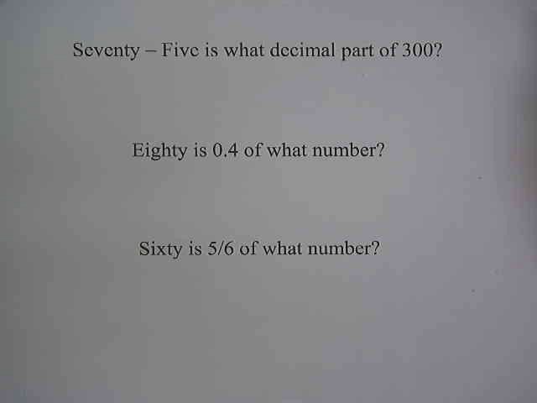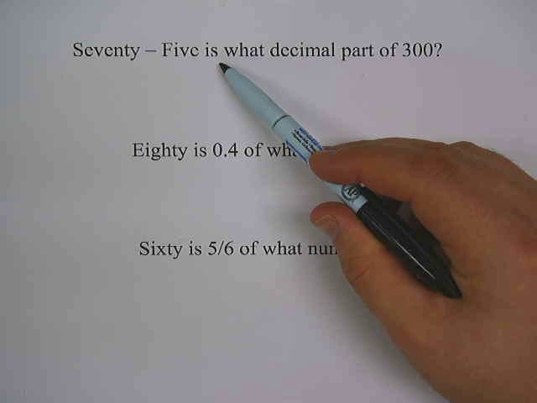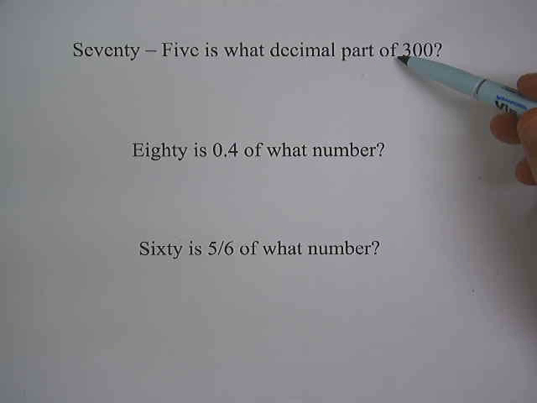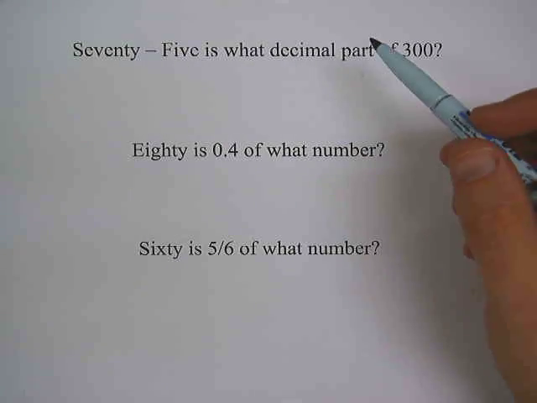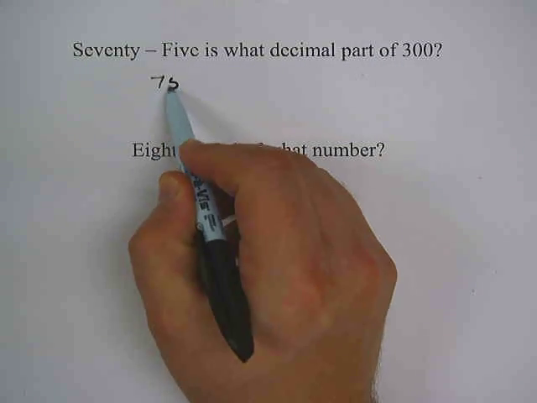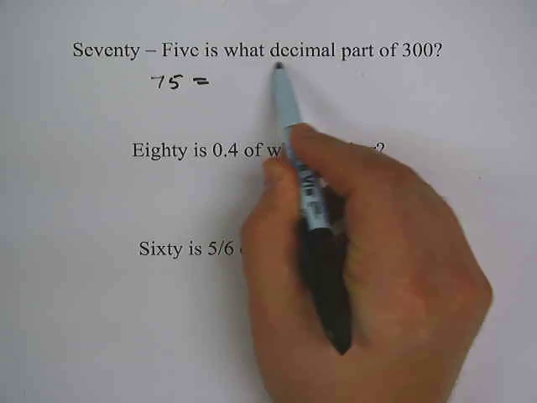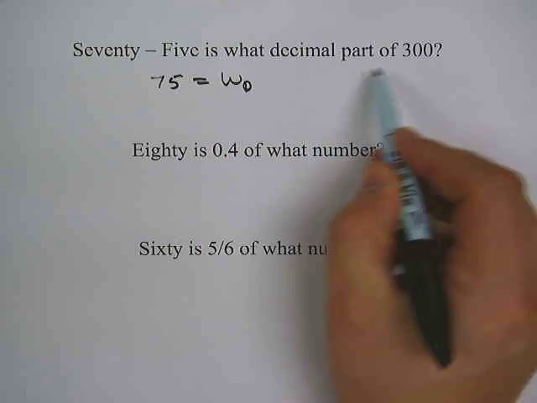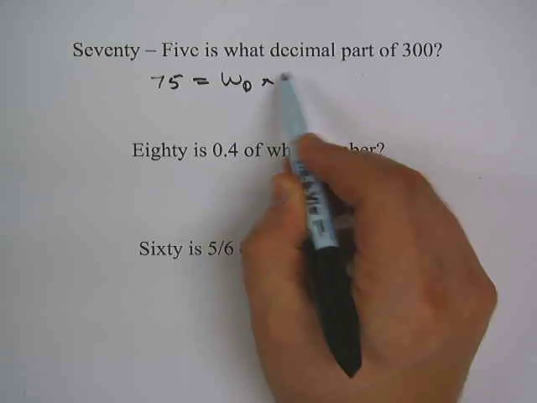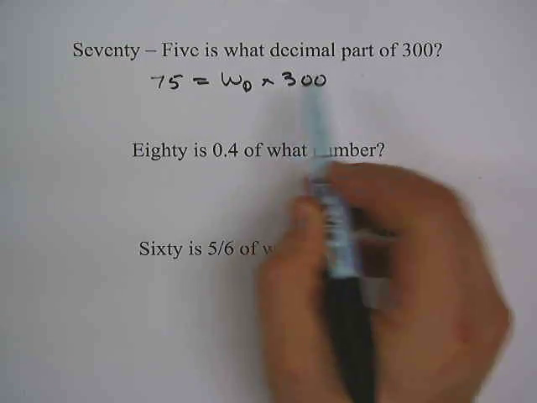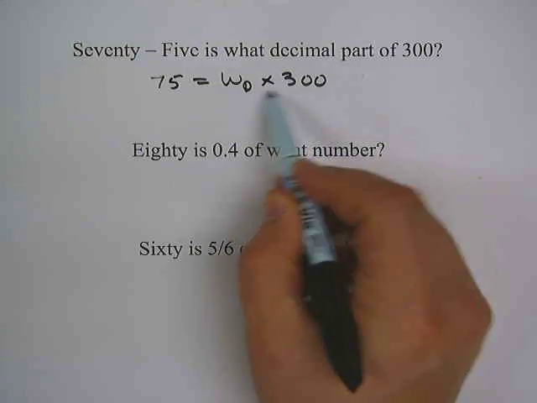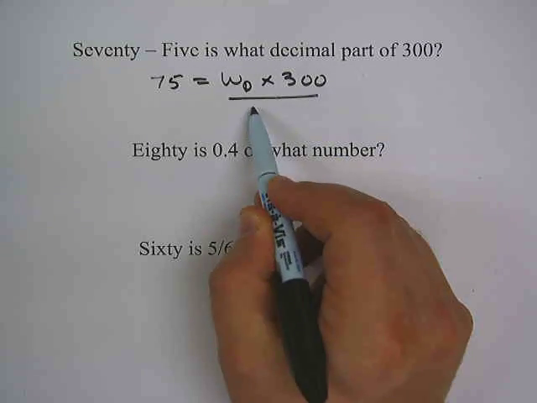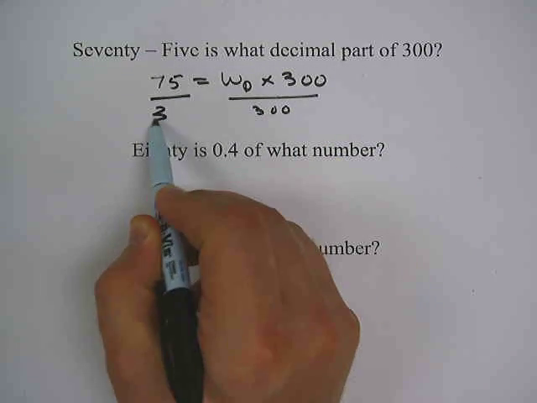What we're looking at today is translating mathematical statements into equations. We do that by looking at keywords such as "is," which usually is translated as equal, and "of," which generally is translated as multiply. In this case here, we have 75 is, and we have what decimal part of 300. Since we're multiplying by 300, we're going to do the inverse operation and divide by 300 in order to